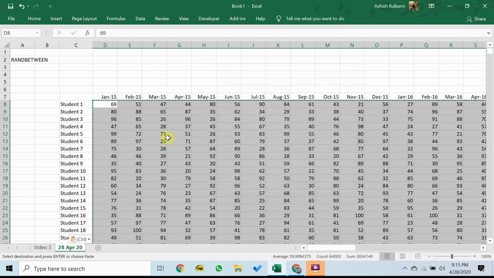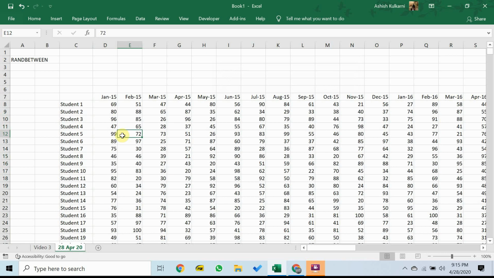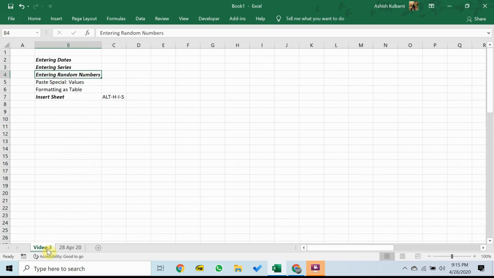And as you can see, problem solved. This particular cell, for example, there is no formula associated over here. It just is a number. So now these values are static. If I type something over here, these numbers don't change. So we've made dynamic values static. All right, so that's a quick explanation of what the paste special values dialog box is all about.